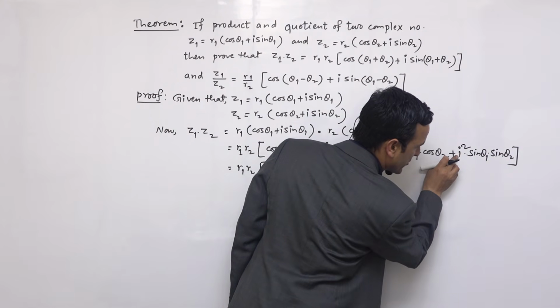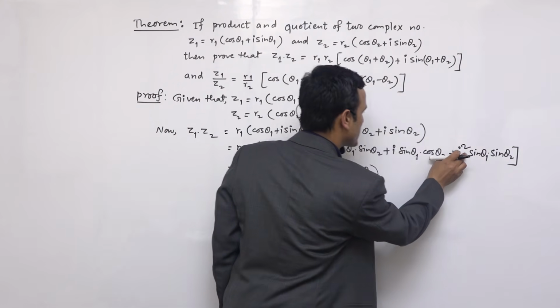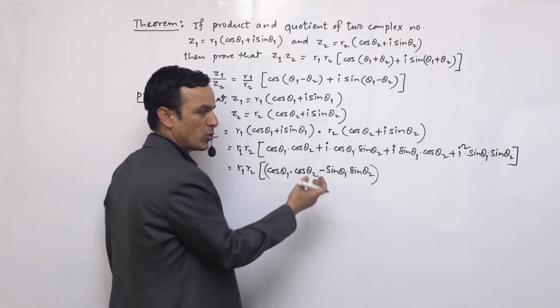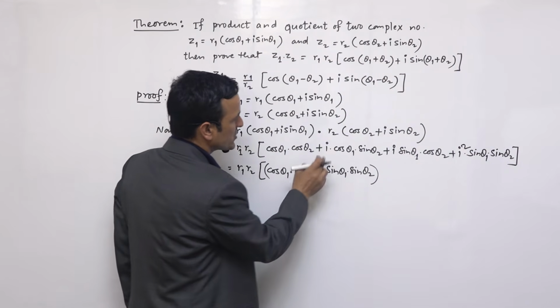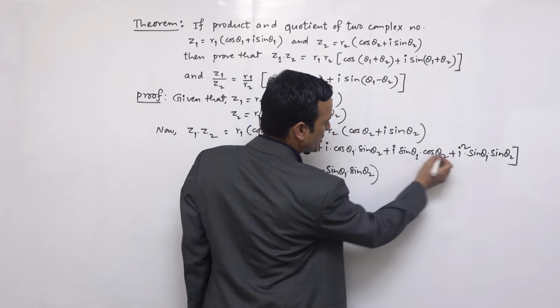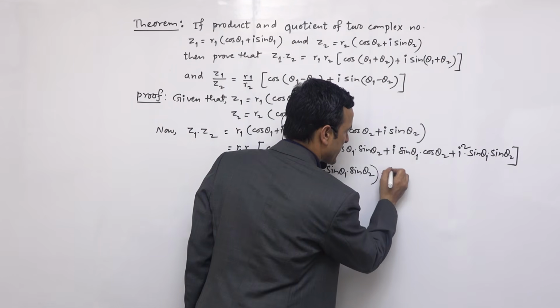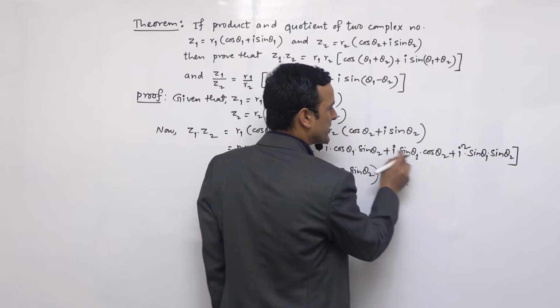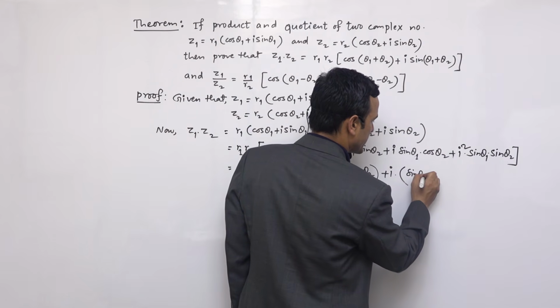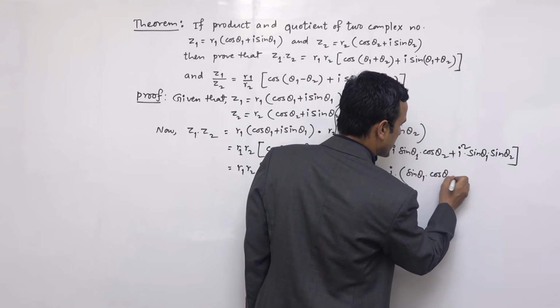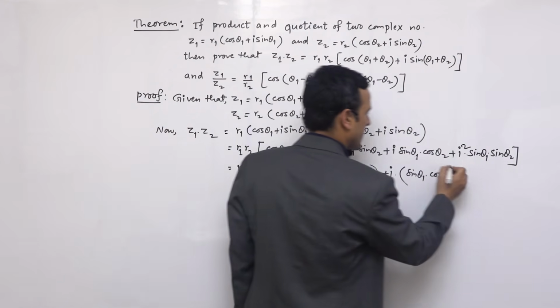So we can use the formula in this place. i square means minus 1. So it became minus. So from these two terms, this and this, here is also i, here is also i. So put i common. If you take i common, then sin theta 1 cos theta 2 plus cos theta 1